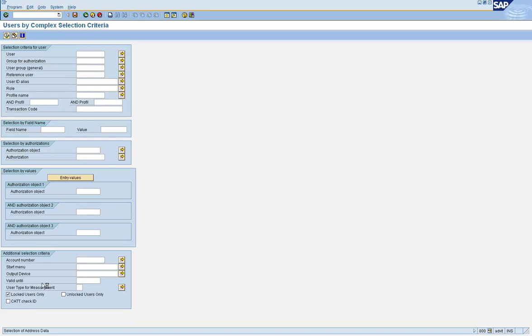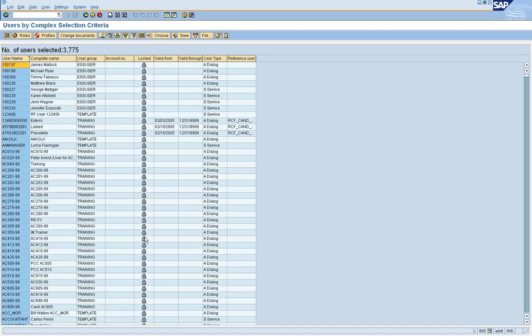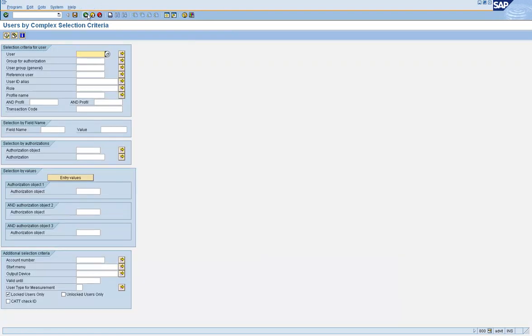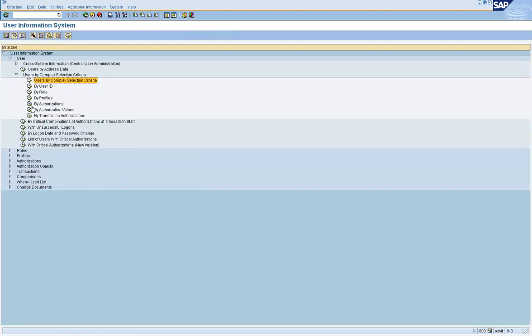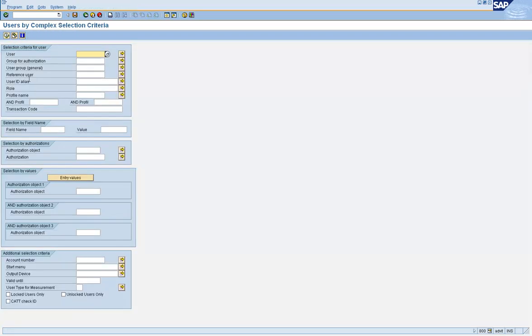You can use it to find how many locked user IDs are there. So you can either use these options specifically, or you could use this users by complex selection criteria. The choice is yours. But remember one thing, that the users by complex selection criteria also has these two options.